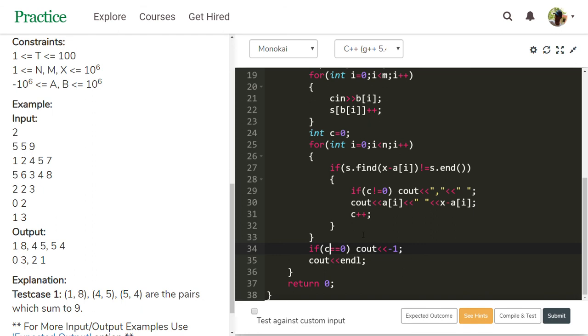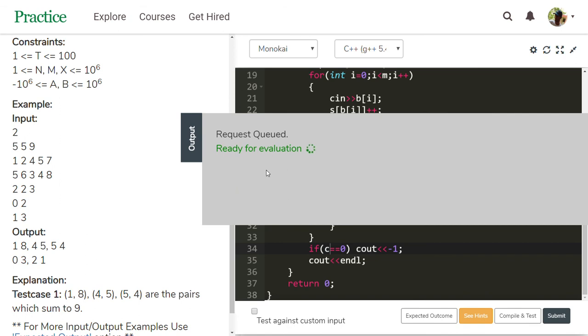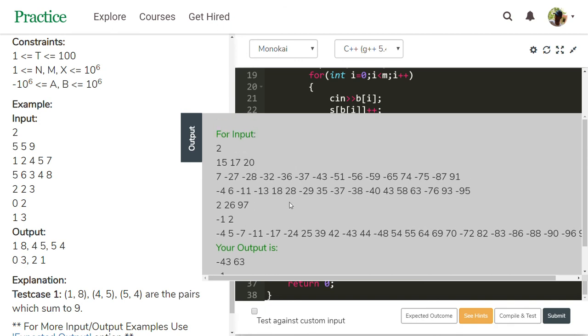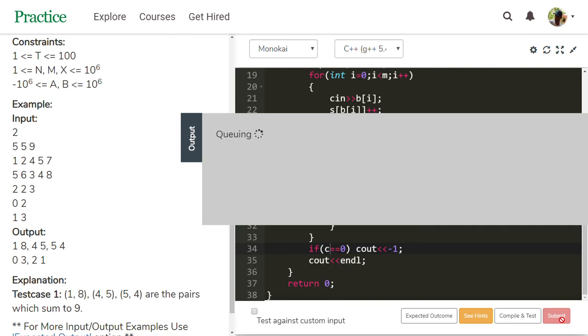Let's see whether our code is right or not by checking with a compile test. Yes, the example output matches. To check whether our code is right or not, we submit. It is the correct answer